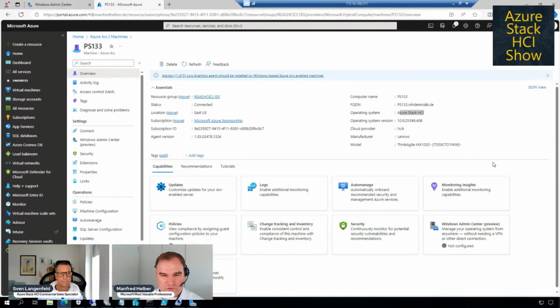This is not an official statement by Microsoft, but if you work with these Azure Arc things, you will realize that you have the deepest integration in the Azure Stack HCI operating system, because when you install Azure Stack HCI and you connect your Azure Stack HCI to Azure, the Azure Arc integration is automatically there. In Windows Server, it's an optional step. In Linux, it's an optional step. In Azure Stack HCI, it's integrated.